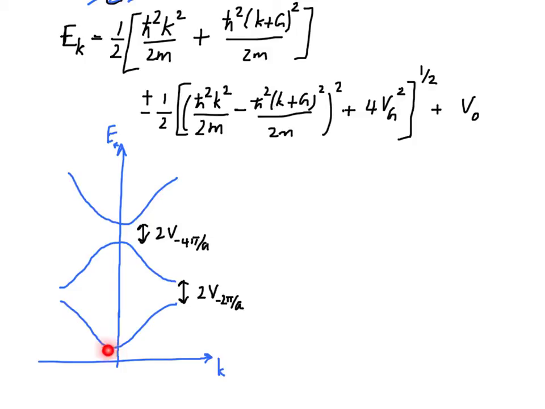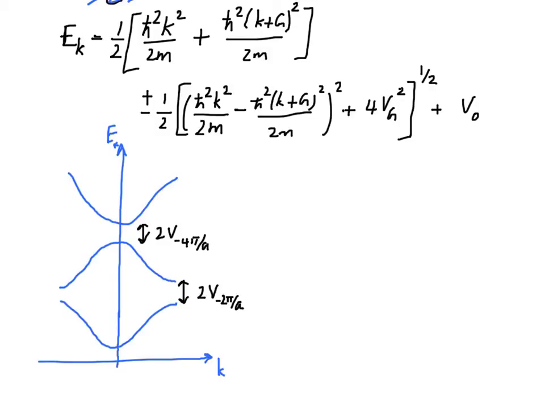For example, this one here and these two points at the zone boundary. I should of course note that this value of K corresponding to the zone boundary is really, in this particular case, pi over A, and likewise this is minus pi over A, right? Okay, so for special choices of K, such as this one, this one, this one, and this one, etc., we can actually